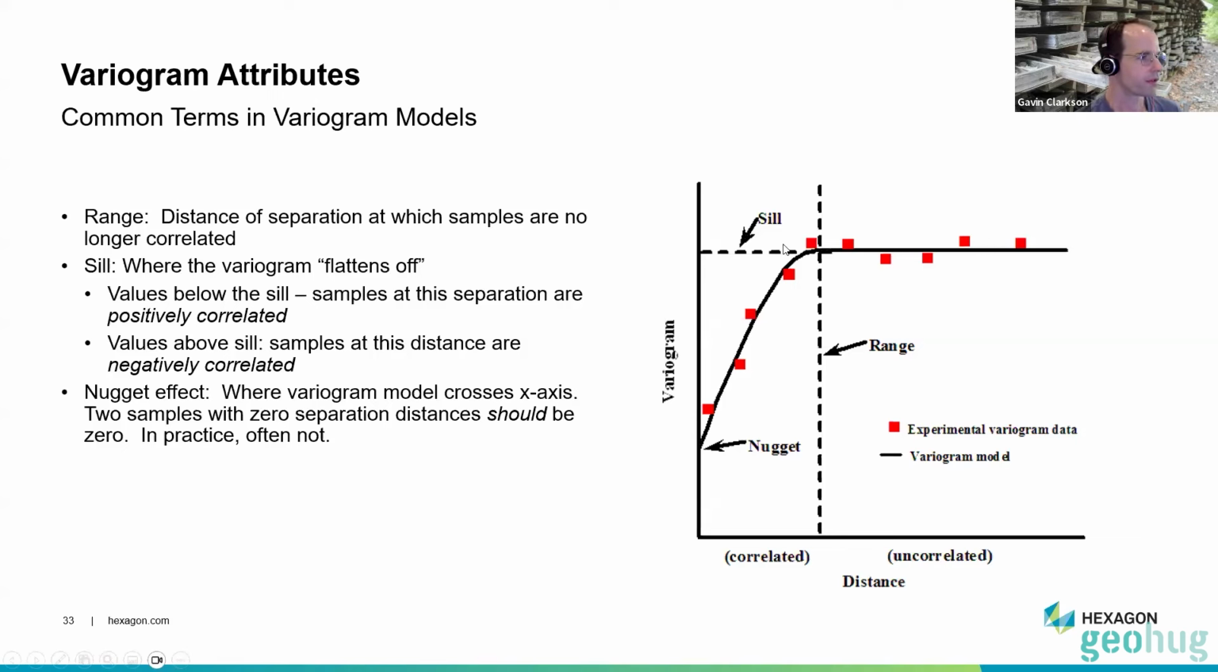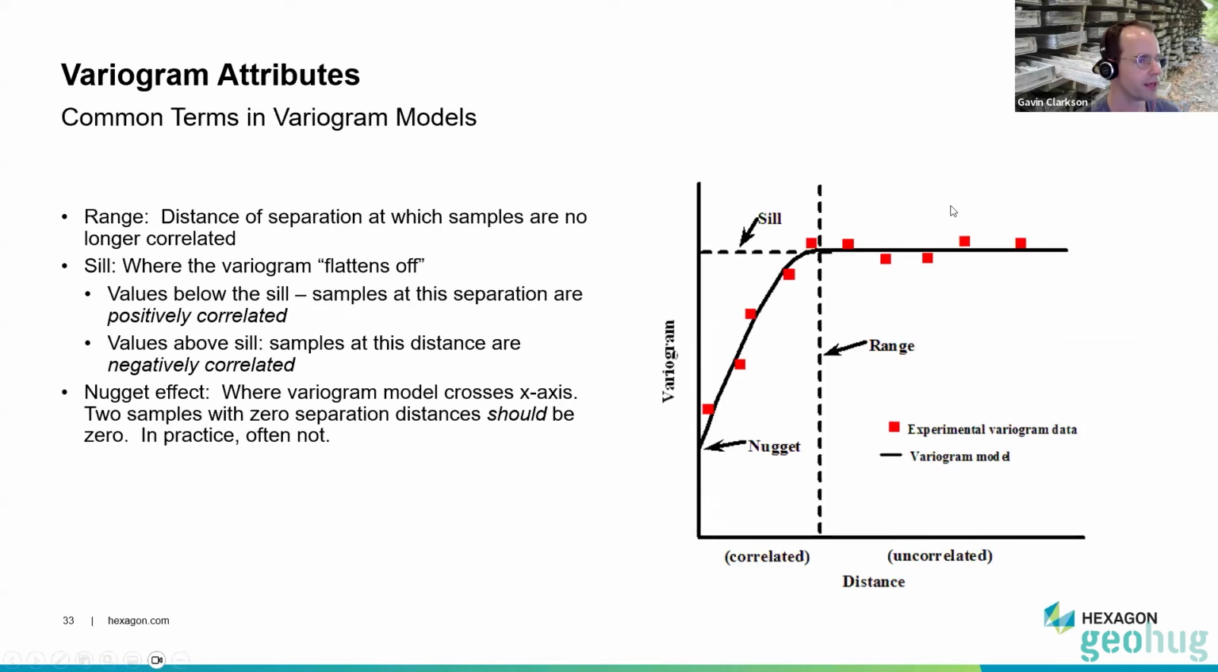And then the sill tends to be where the variogram flattens off. People often use the variance of the data set as part of the sill. You can also model it depending on where your variogram value cuts off here. But values can go above the sill. They just mean that scatter plot